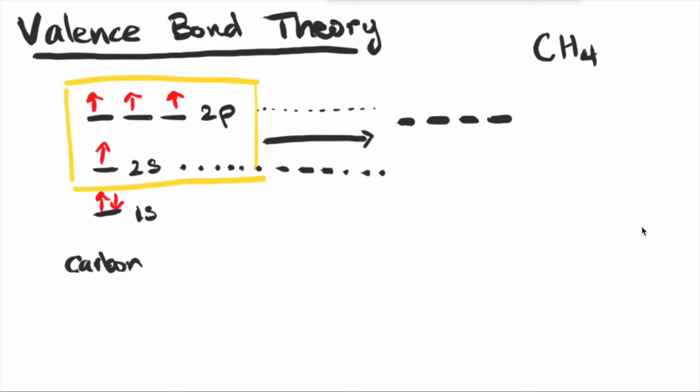Since we took 4 total atomic orbitals, we get out 4 hybridized orbitals. This hybridized orbital is called sp3, meaning it has 1 part s and 3 parts p. And all of these orbitals are degenerate in energy. To complete this energy diagram, we also have that remaining unhybridized 1s orbital.